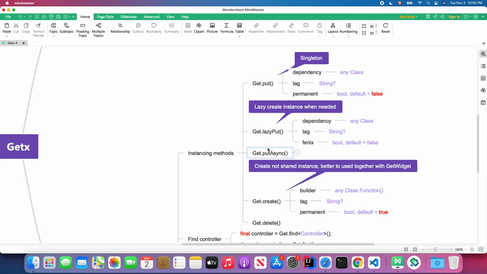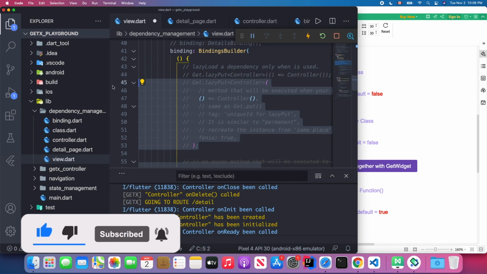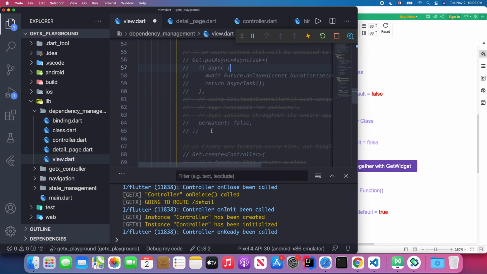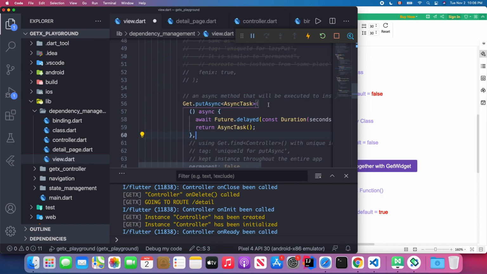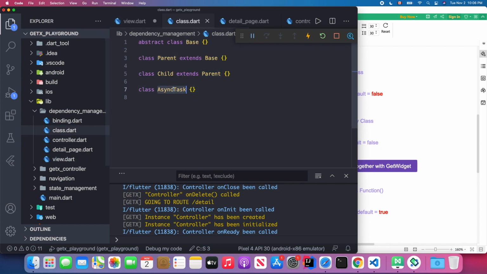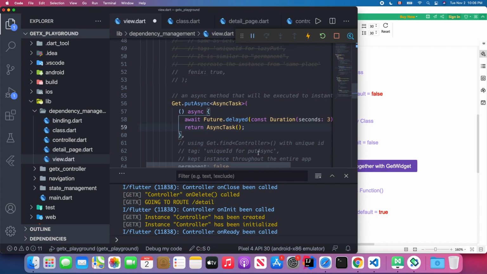And next we're going to talk about this Get.put asynchronized. So let's go back to our Visual Studio Code, and let's comment out this Get.lazyPut, and we have this Get.put asynchronized. So here, we're going to create another class. As you see, we have some asynchronous task processing in the background. So in the front, we're going to await these 3 seconds. So I'm going to save this one,